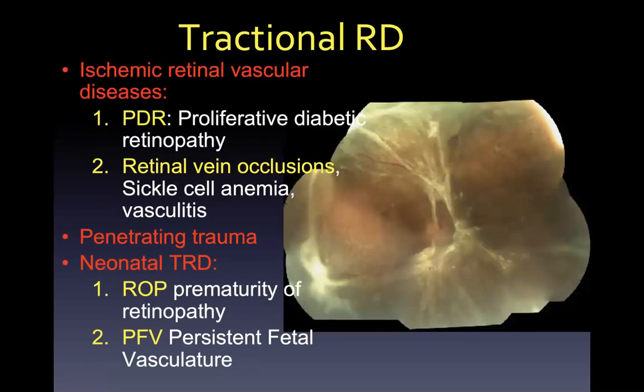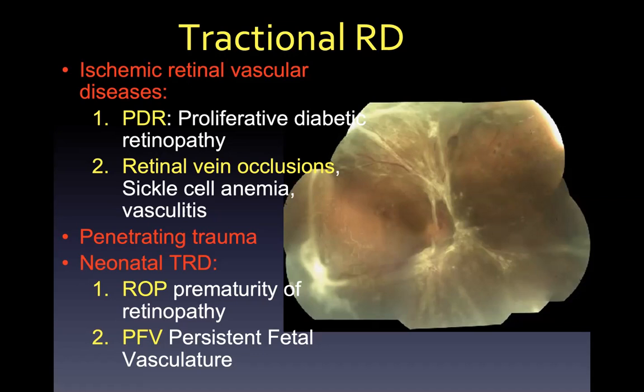Tractional retinal detachment is usually caused by some traction pulling the retina. These are usually, as I told you before, caused by ischemic retinal vascular disease like proliferative diabetic retinopathy, retinal vein occlusions, sickle cell anemia, or vasculitis causing occlusion of retinal vessels. And this occlusion will lead to ischemia of some peripheral retina. And then that peripheral retina secretes vascular endothelial growth factor, VEGF, which stimulates new retinal vessel formation, which is called